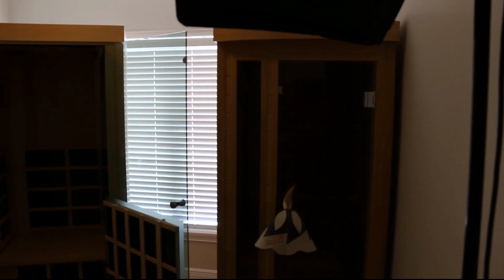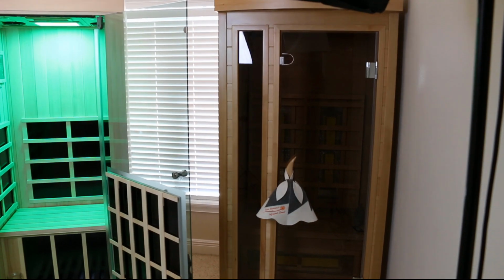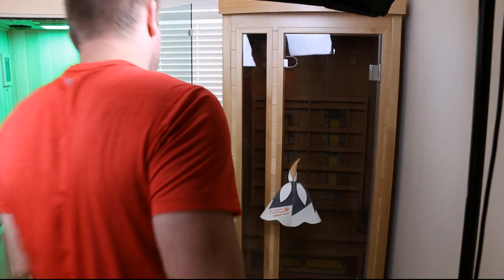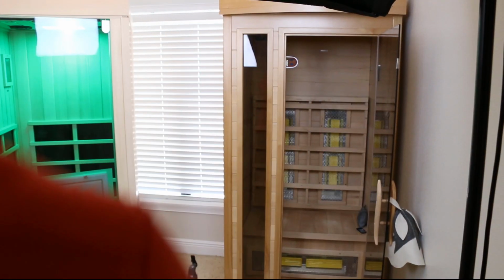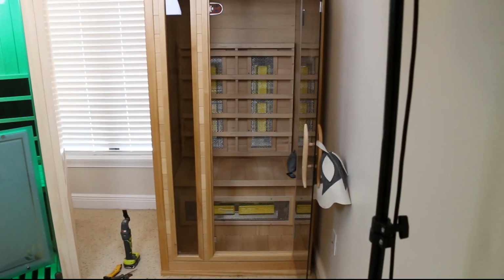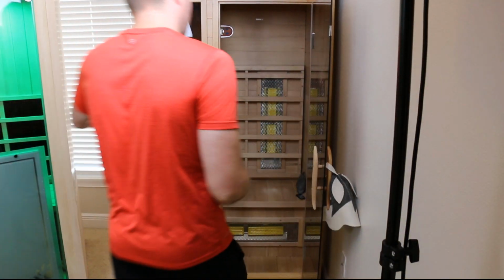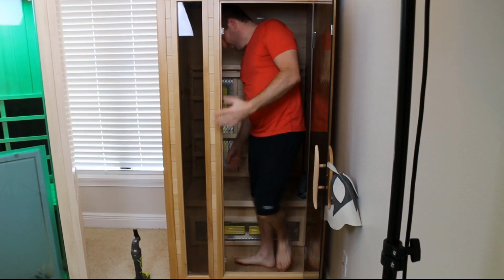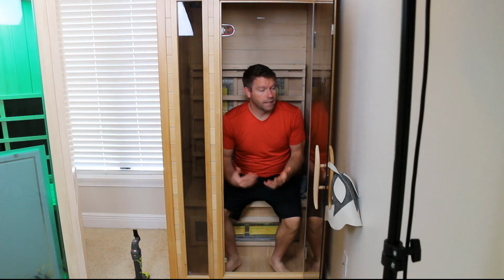I don't have this set up. I didn't really plan on doing this. But for example, I have a TheraSauna right here. Right? And so, let me make sure that you can see this. I'm not going to tell you that these emitters actually this and actually all this other nonsense. And you're not going to see a screen capture. I'm going to sit in the damn thing and I'm going to say,